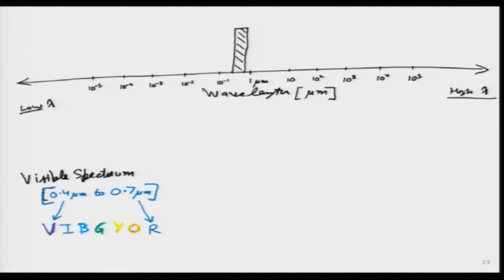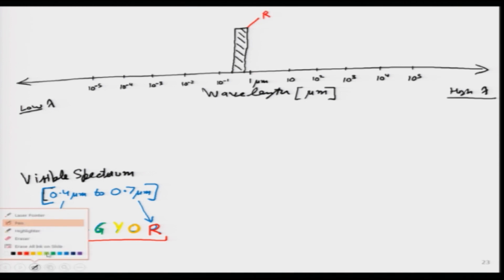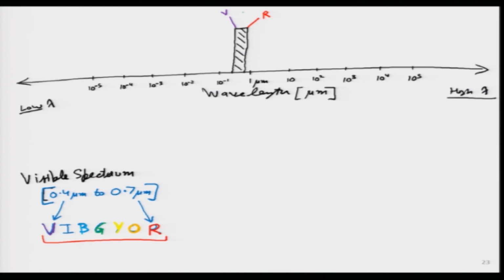So, we have the rainbow color on this slide as well, very nice. I can put the same thing over here, but I am not going to write all the colors. I will just put the extreme, violet and red. Violet is on this side, red is on that side, and green is somewhere in the middle over here. The rest I think students can figure out on their own, and maybe I can put some numbers here as well.